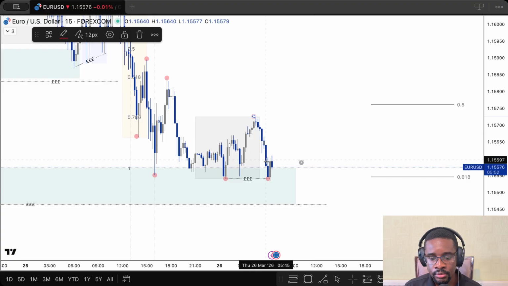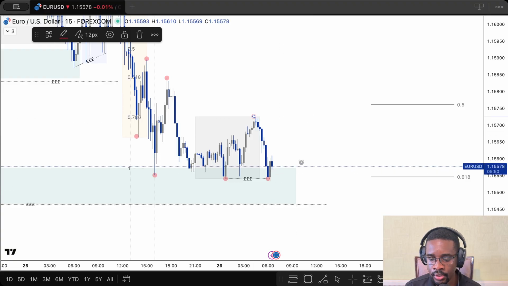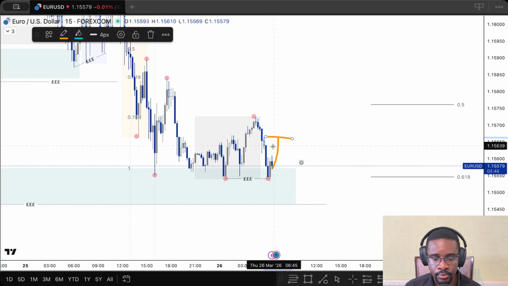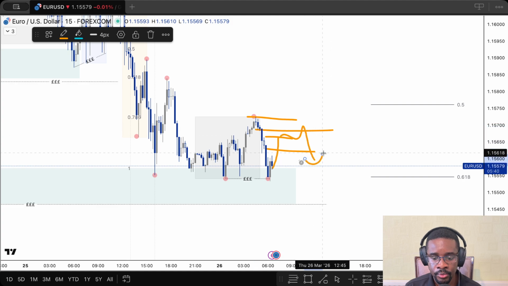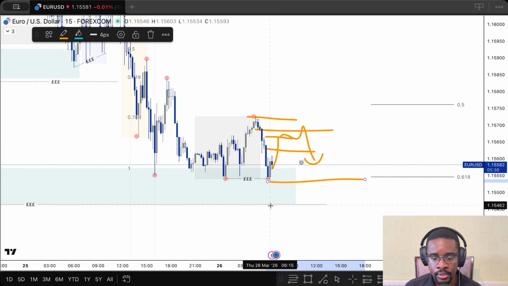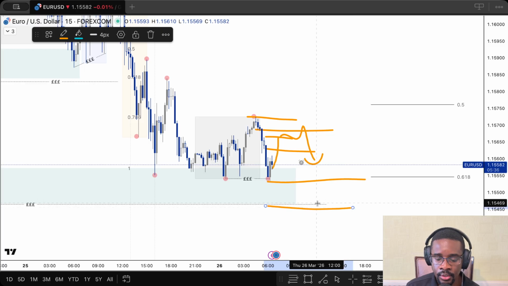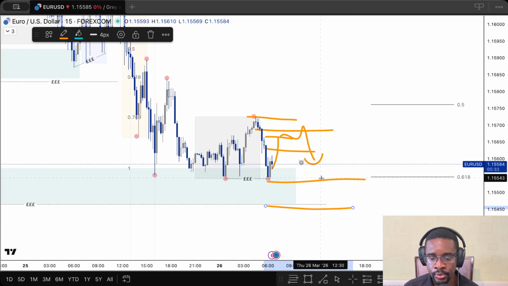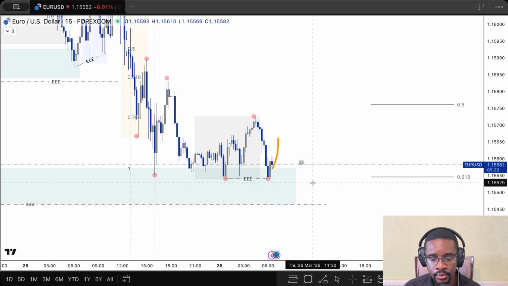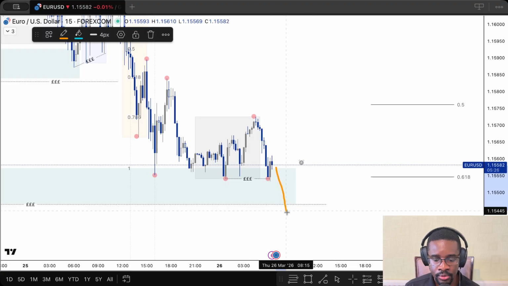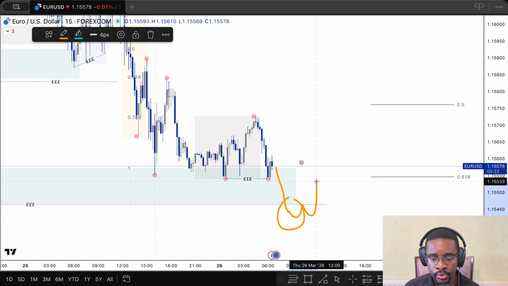So we could see price maybe come up. There's this fractal area, or we could come up to this extreme, and then look for lows, targeting that and maybe this structural low that we have. Or else price could just continue to melt, and then once we have that, we could look for some bullish reaction and then maybe target this